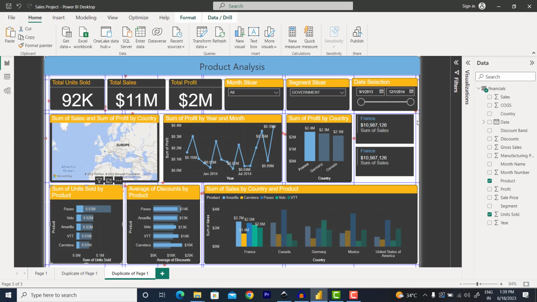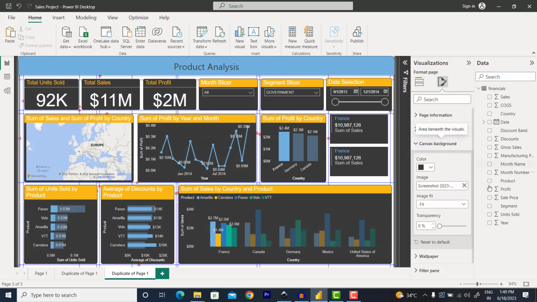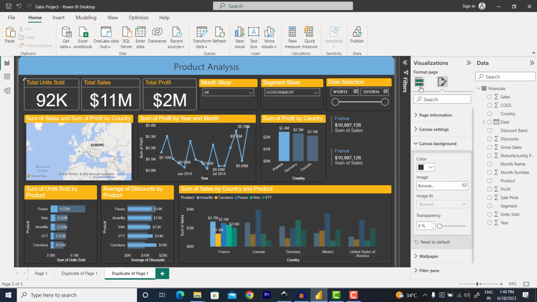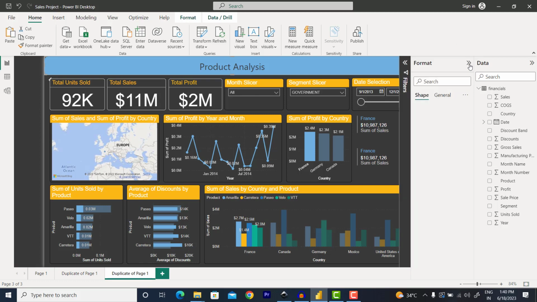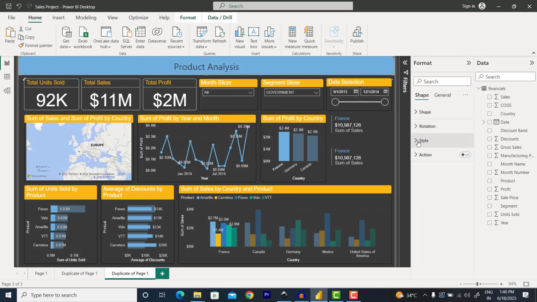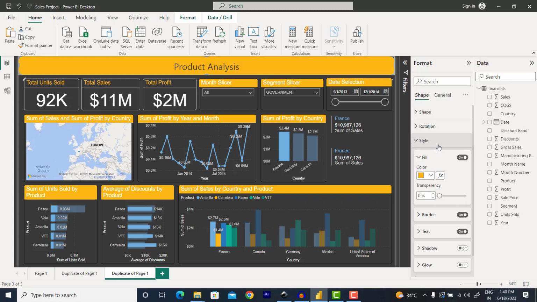Now we don't need that background which we had uploaded from the PC. So I can just go to the canvas settings, canvas background, remove that, and take the background as black color. So now you can see our dashboard is looking similar to what I displayed at the beginning of the video. Now in the product analysis, you can go to the format, change the background color in the style tab, and you can take the yellow color. And then you can change the text as well,